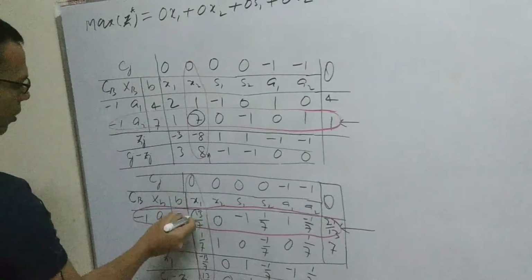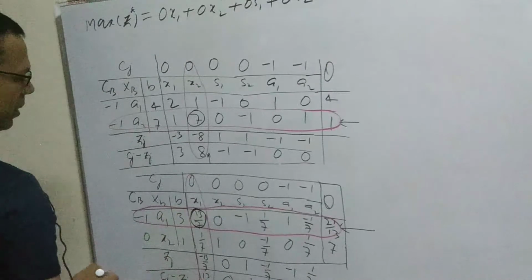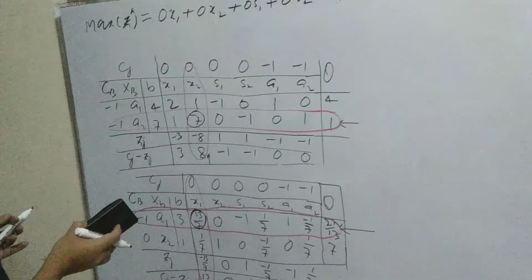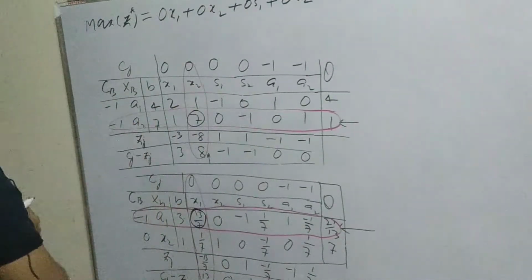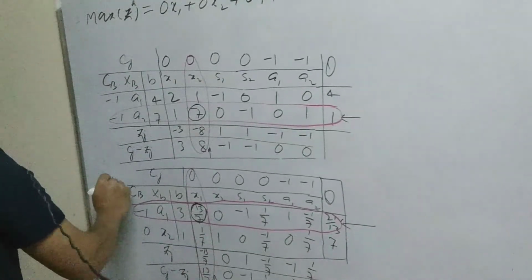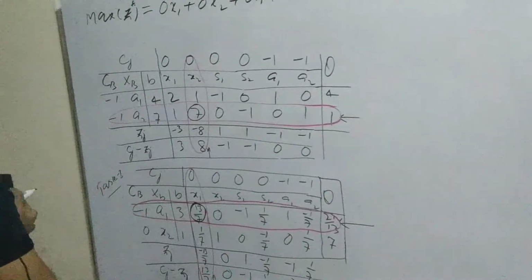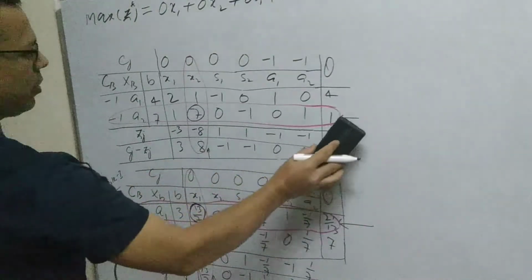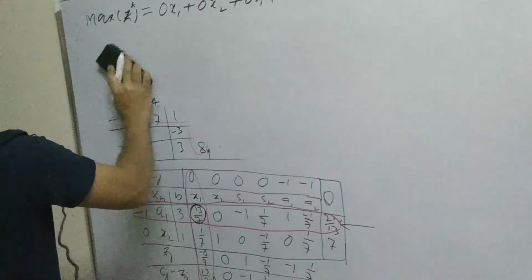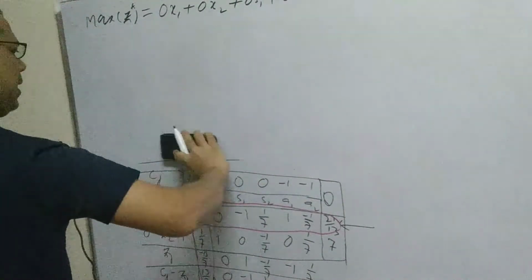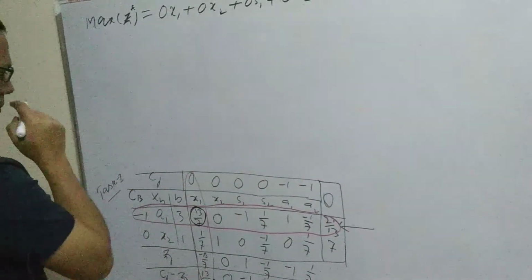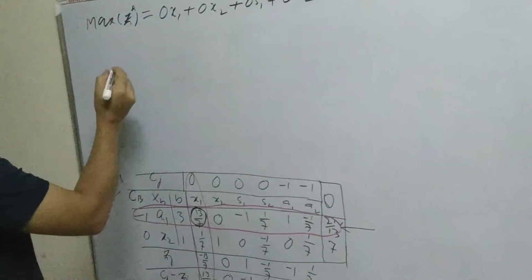Now, this is the intersection point of key column and key row. So this element is called the key element. Now we have got all these values in this table. Because this table was the initial table and there is no use of the initial table now, table 1 will be considered as the old table, and now we are going to create a new table. So there is no use of this table. So now I am going to erase all the terms whatever are here. So now I have finished this table and am going to create the new table. What is the new table? New table is here.